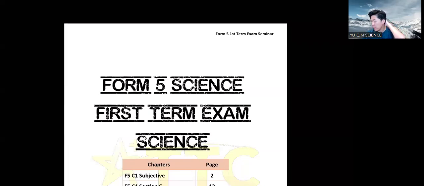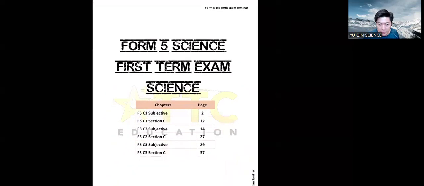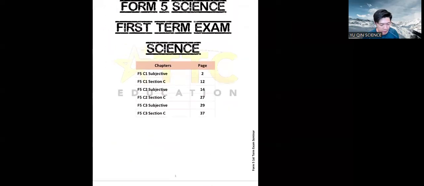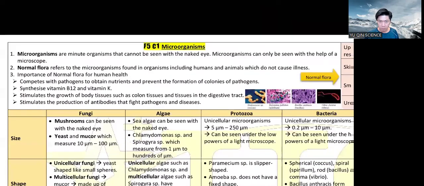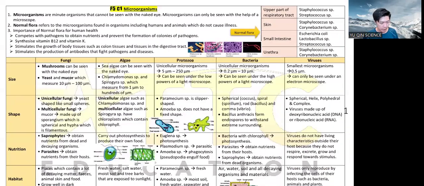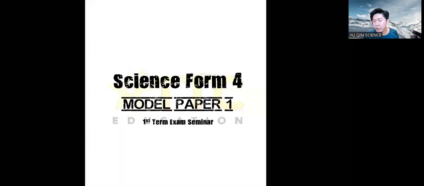Okay, so first I will need you to check your materials, if you are getting the right thing, right? So we have the writing part, the exercise one that looks like that, right? Yeah, the writing one. And then we have short notes, that look like that. Yeah, okay, and then got one more, I think. Yeah, which is your model paper, Form 4 all chapters, like the year-end model paper.